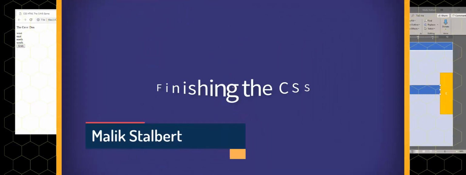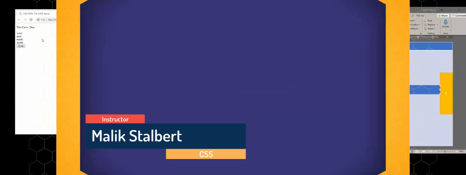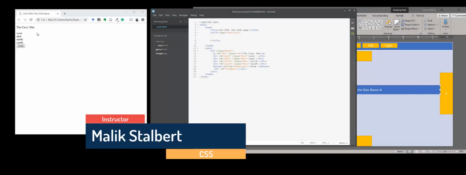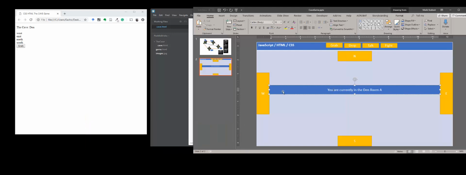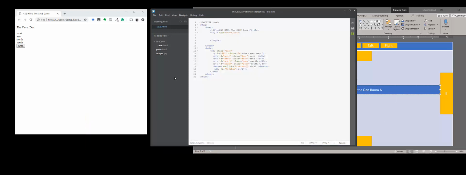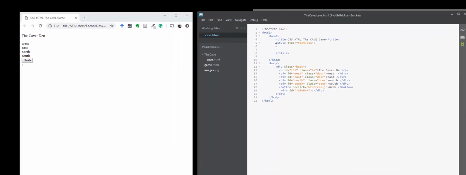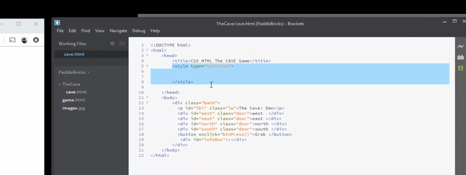Okay, so picking up from the last video, what we're going to do is start using some CSS to style this so it can look something like what we have here, at least put things in position. So what we're going to do first is make sure we have our styles tag here inside of the head,